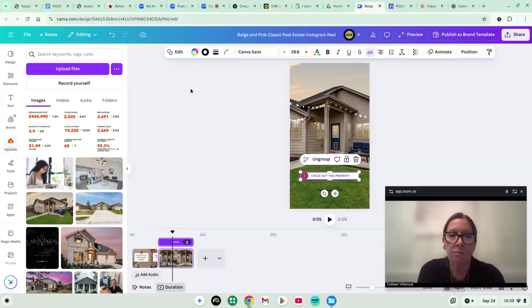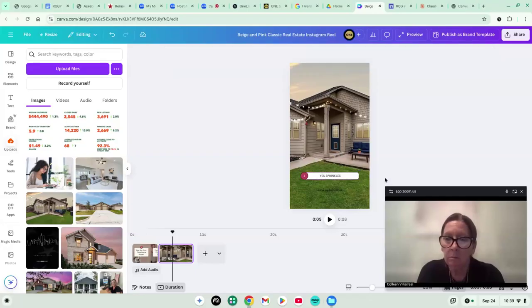Yeah, but really cool things that you can do. You can do a lot of those things. You just have to understand the functionality and what you're wanting to do. If I wanted to do a poll in my stories, there's an option to just create a poll. But if I was doing it on a reel, then I might say, are you a sprinkles or no sprinkles person? And I would put that on the video, like here in Canva: yes, sprinkles,